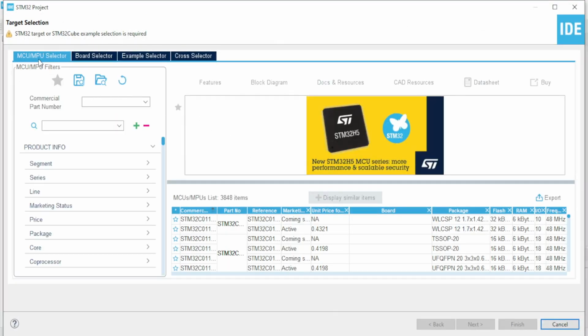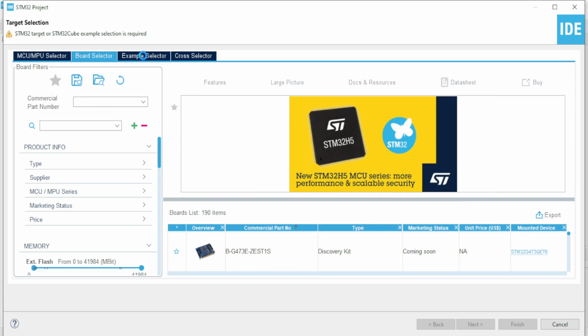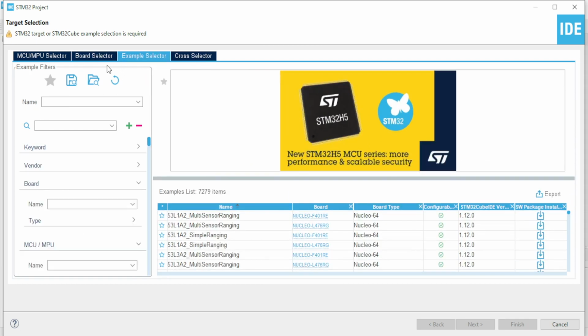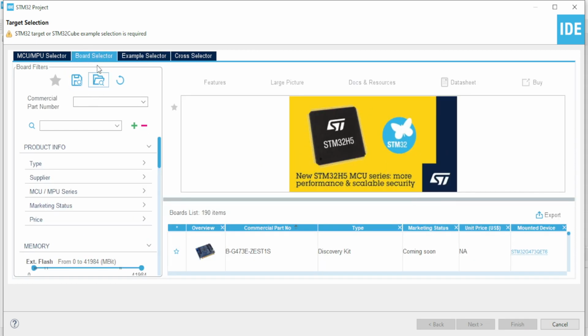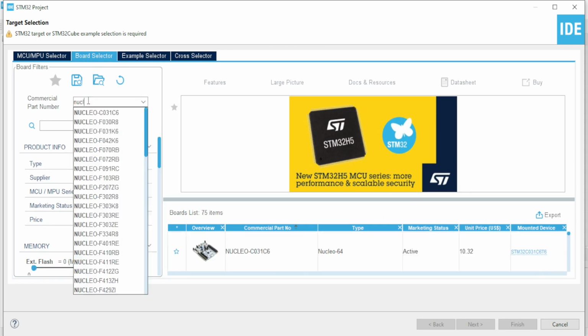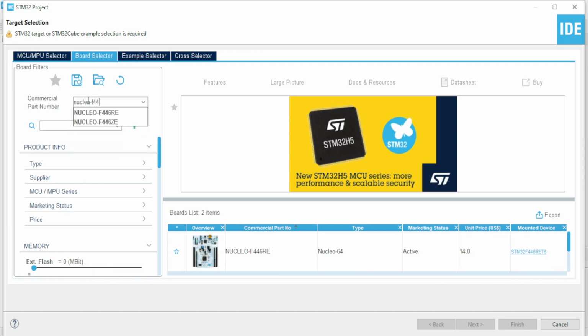Now here you can select the microcontroller that you have, or you can select the board you want to work with, or you can select an example, or you can select cross selector. That means you have developed a project in one microcontroller, but you want to transfer the same code to a similar microcontroller with a different number. In our case, let us start from the board selector and just type Nucleo F446RE